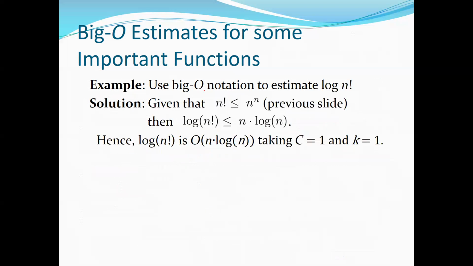Another example: use the big O notation to estimate log n factorial. Since n factorial, we already know, is less than or equal to n to the power of n, take the log on both sides. So if n factorial is less than or equal to n to the power of n, take the log on both hand sides. So log of n factorial is less than or equal to,